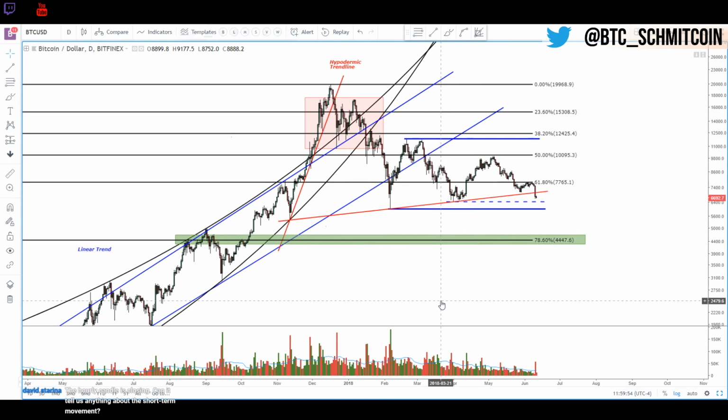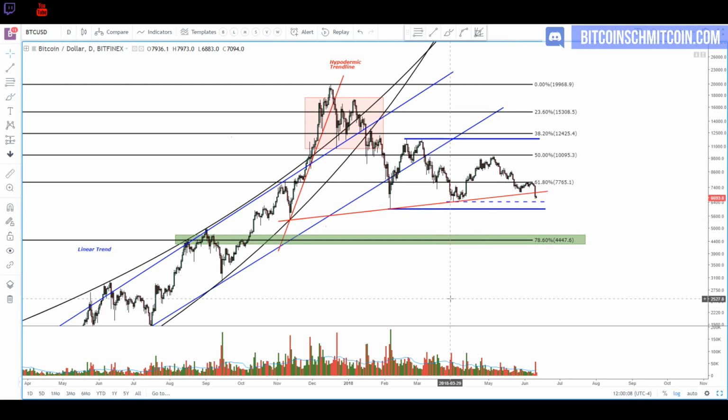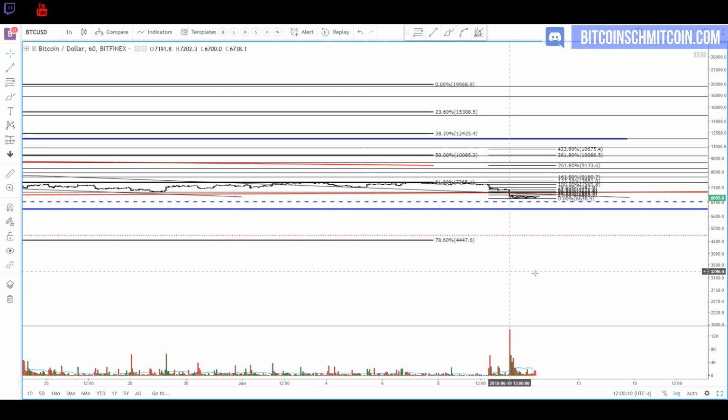What else can we say? The hourly candle is closing. Can it tell us anything about short-term movement? Man, I'm starting to steer. So,